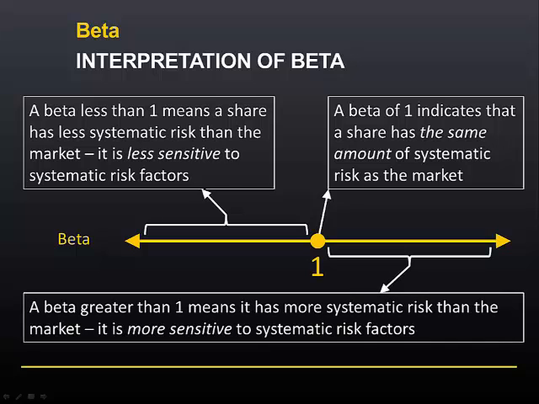A beta greater than 1 indicates that a share has more systematic risk than the market, because it is more sensitive to systematic risk factors. It will move in the same direction as the market as a result of systematic risk, but will move by